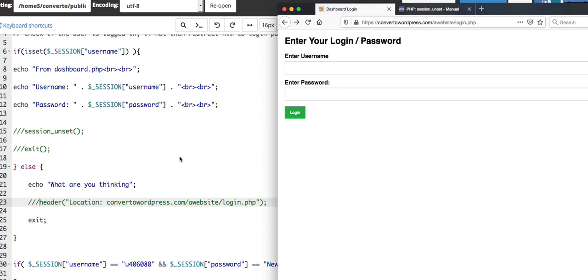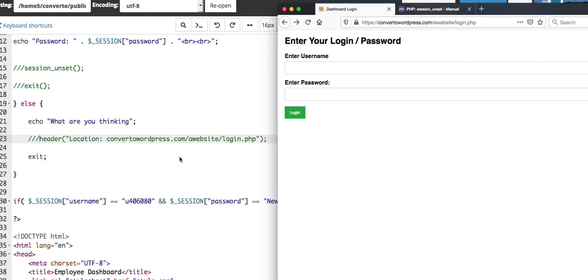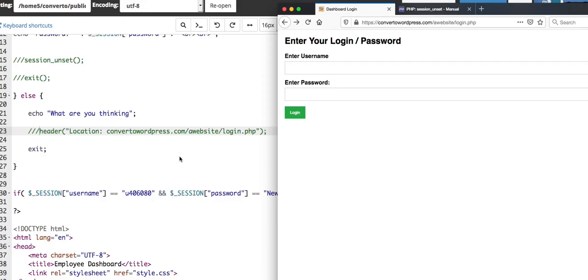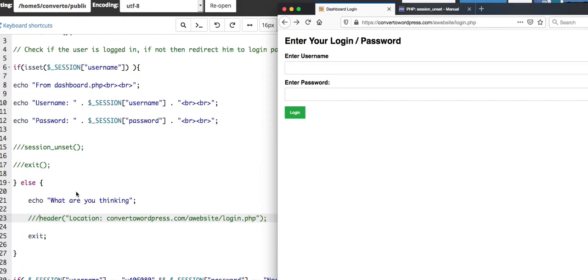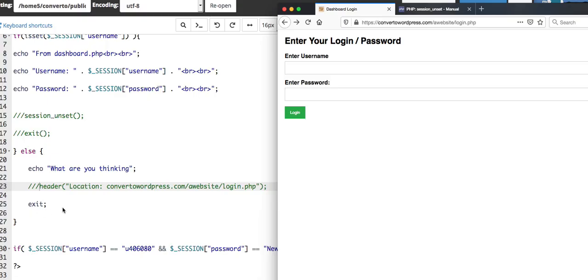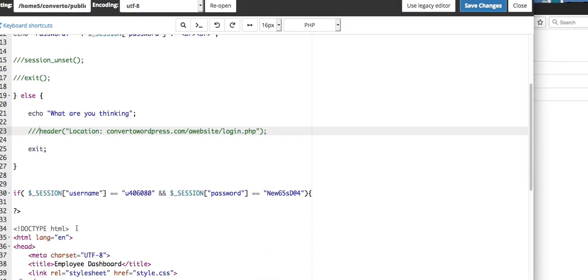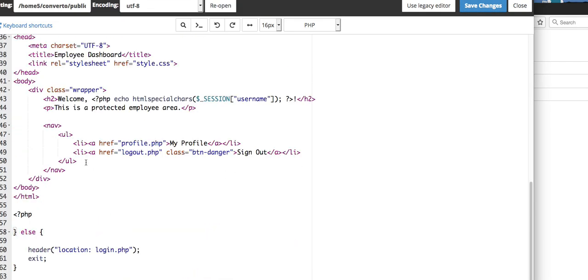Okay, you got nothing, right? So it's going back to, it's going to look at the dashboard. It's going to say, well, there's a problem. What are you thinking? Gets you out. If this wasn't here, it'll come here and it says, oh, it's username. You could do that if it's that. And if it's not there, it'll skip this form and give you back the